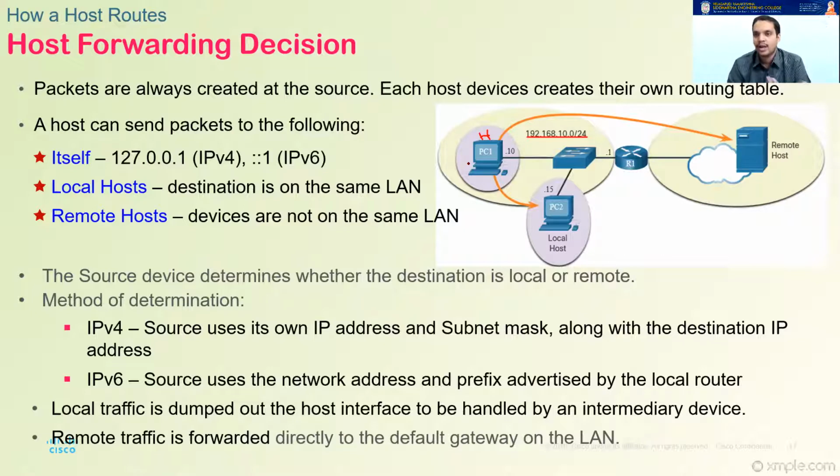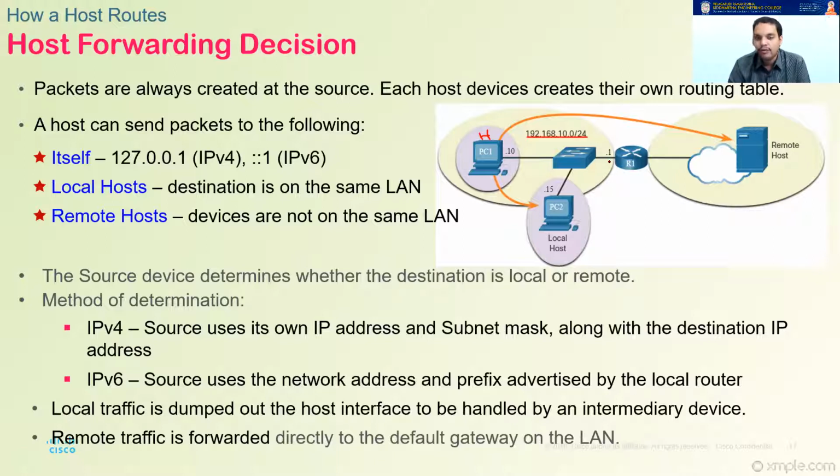Sir, how does it decide? How does it know? Two things. In IPv4, it can use the IP address. Usually the notation here is, if this is the network address, the IP address of PC1 should be read as 192.168.10.10. For PC2, the IP address is 192.168.10.15. The .15 here, see? So you just put it in the host part. Similarly, for R1, it is .1 here.